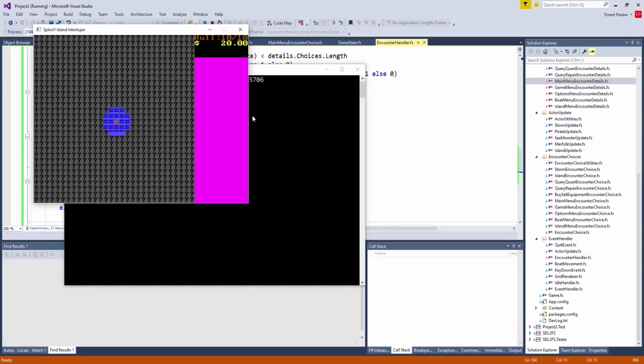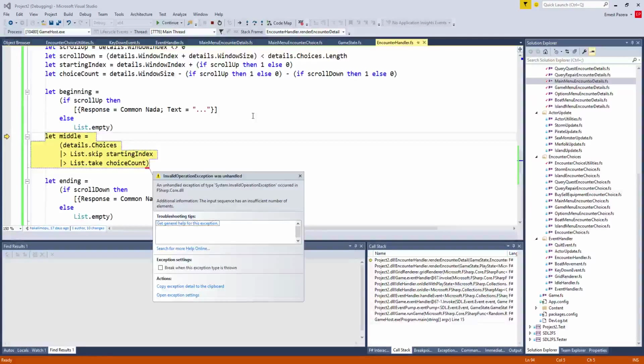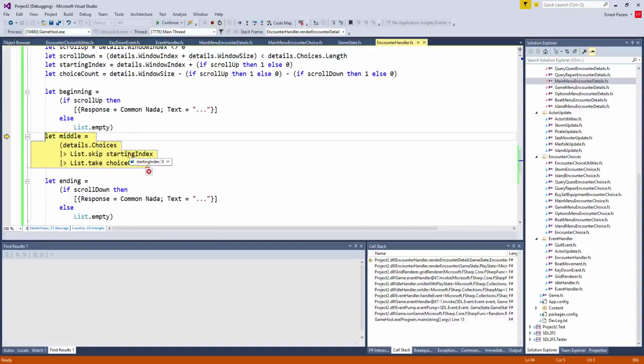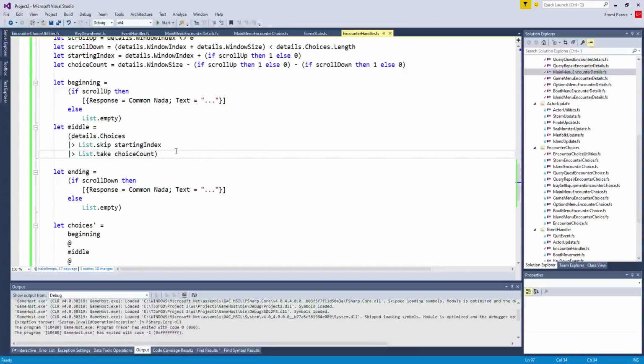Okay, so F10, it's that. So list skip starting index and the choice count is 5. I can't take 5. I suppose there's got to be a